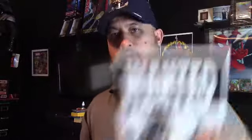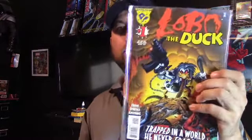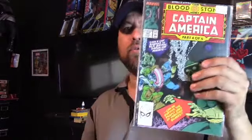I got Wanted number 1, 2, 3, 4, 5, and numero 6. Got an Amalgam comic. This is the Lobo Duck, number 1. Captain America Bloodstone 360. It's Captain America 360, first appearance of